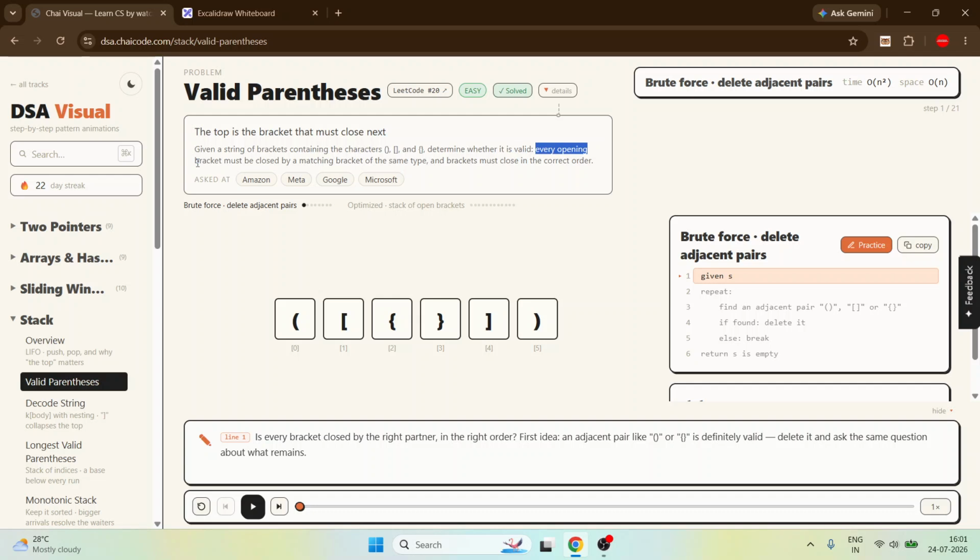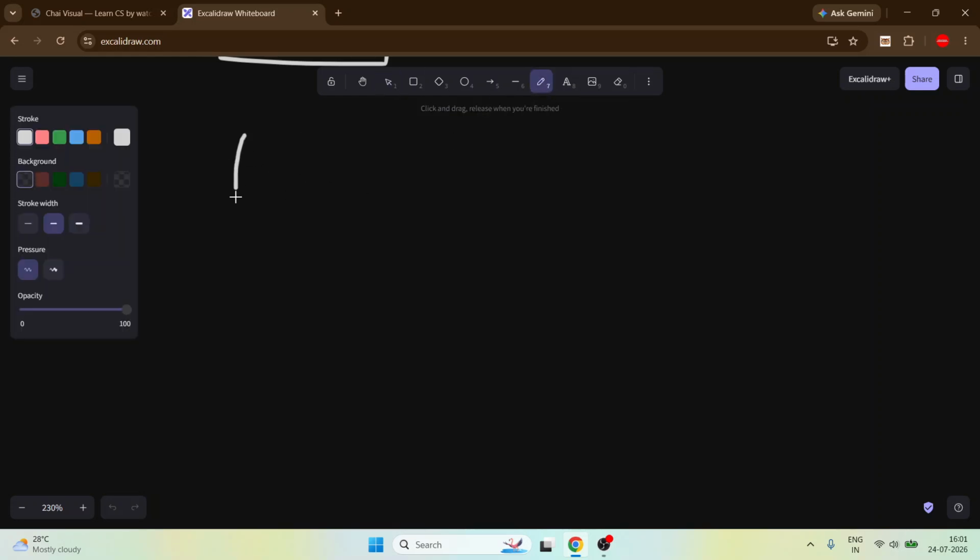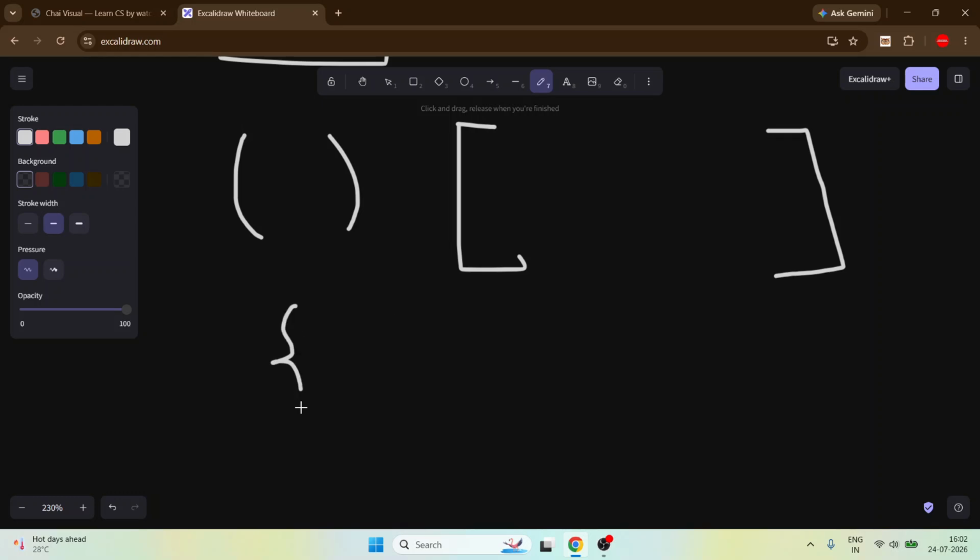Every opening bracket must be closed by a matching bracket of the same type. It means that if we get this bracket, there should be a closing one for it. If I got a bracket like this, there should be one in the future like this. And if there are curly braces, in the future we need something in curly braces. Maybe inside this there are other brackets, but